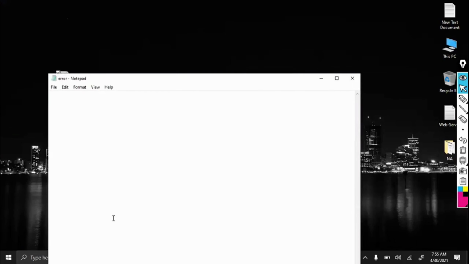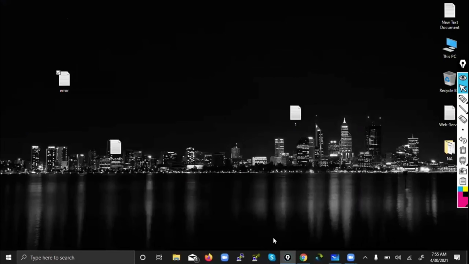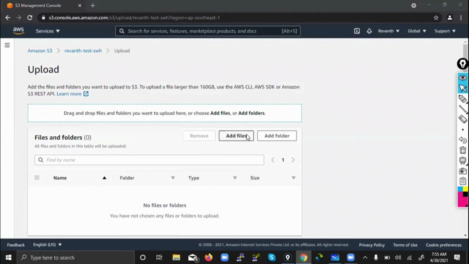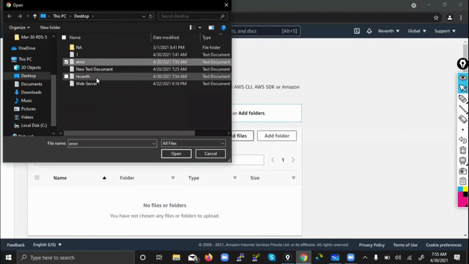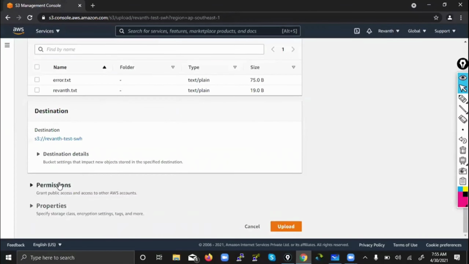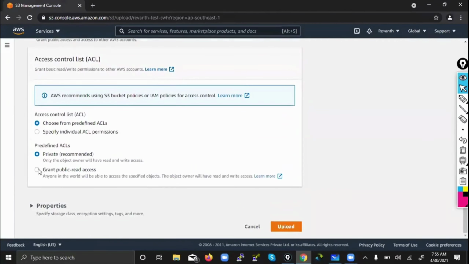Error.txt. So here, something. And now these files you need to upload to your bucket: error.txt and revenge. Okay. So since these should be visible to the people, what we will do, let's make it